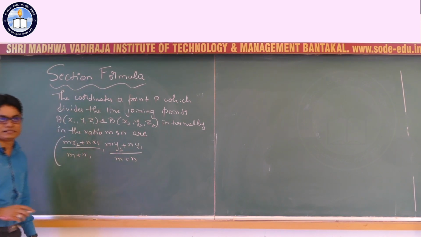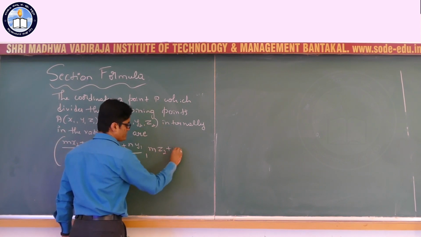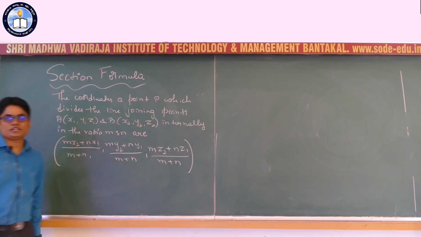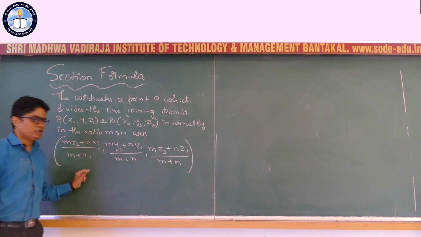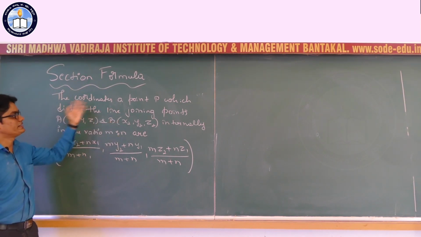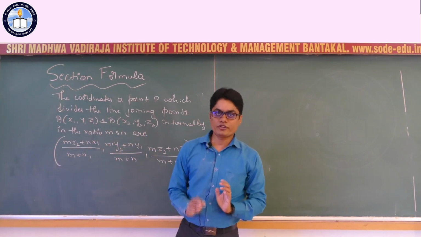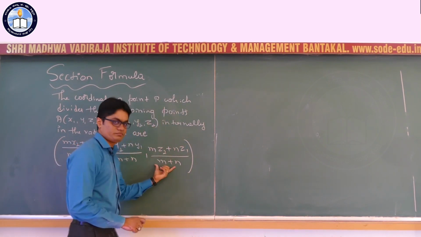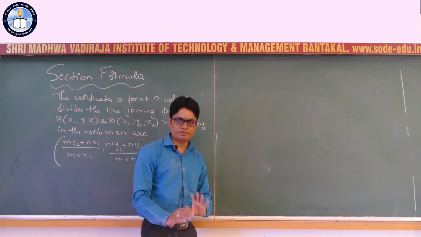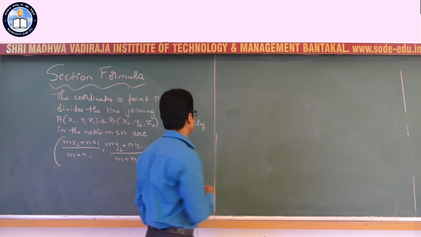You studied this in 10th standard. Here there is one extra piece of work because there is an extra coordinate, the z coordinate, so it will be like this. This formula you are going to derive now, and remember that in the exam they ask like this: find the coordinates of the point, or maybe determine. But remember the answer, and it is very easy to derive. We are going to derive only the z coordinate here, and at the end we will write that similarly we can prove the other two coordinates. Simple process, observe carefully. It's a geometrical construction with the proof, so listen carefully.